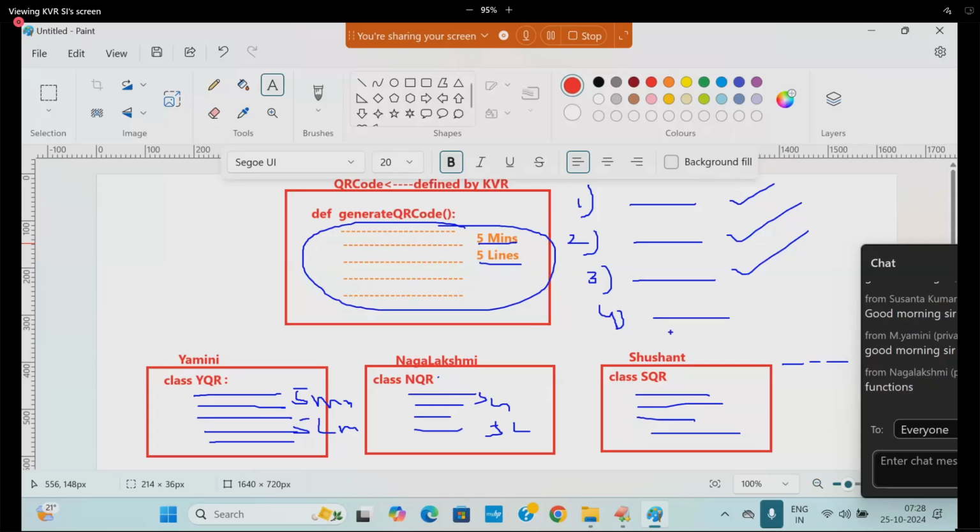And that leads to what? Generating leads to what? Redundancy of the code. What do you mean by redundancy? Duplication. If I want to change the QR code, for example, certain modifications are required, and everybody has to do the modification. If anybody forgets at one place, it gives an error or not. So to avoid this kind of problem,